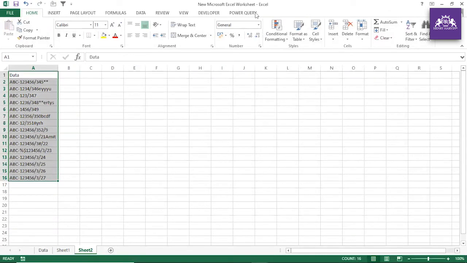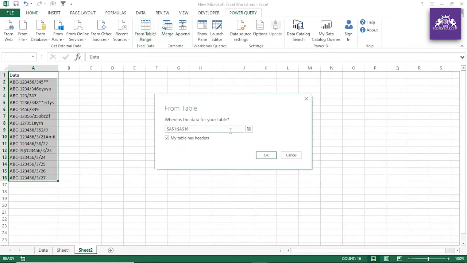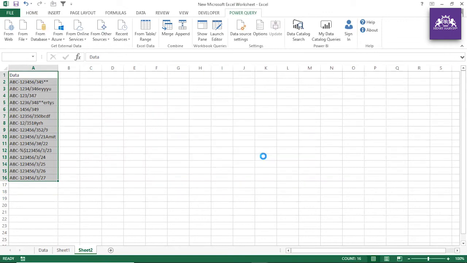Okay, so go to Power Query and from table. Guys, again, I'm telling you, if you're using 2019 Excel, you will have data, and in the data tab itself, you have from table range. If you're doing 2016 Excel, again, you have a data tab. If you're working on 2010 Excel, then you have to download that Power Query add-in. And if you're working on 2013 Excel, again, you have to download the Power Query add-in. All right. So now you go to this.